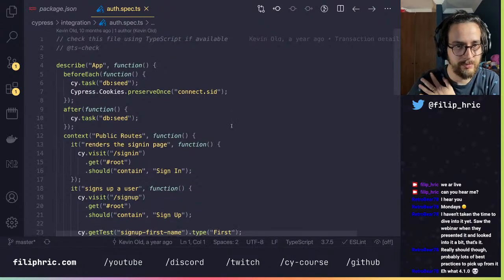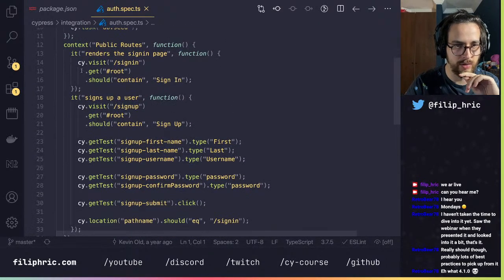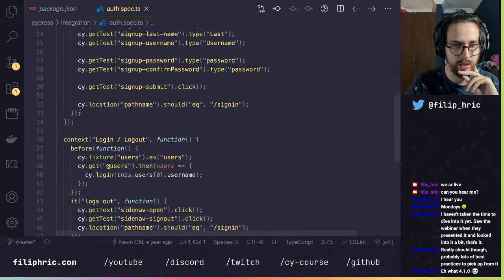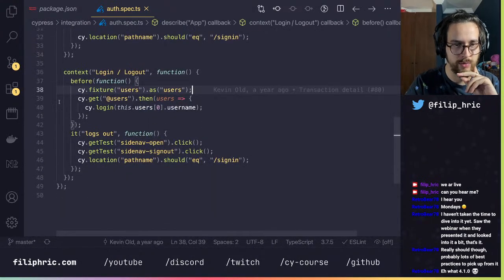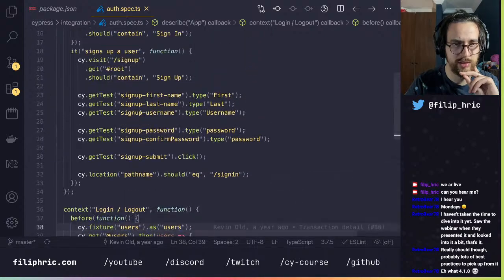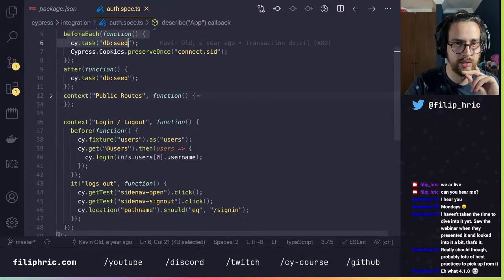So the auth spec, public routes, sign up a user, and we are looking into the login logout. Okay, so we have a fixture. Before that, we get users. All right. And where's that seed? Oh, it's actually before each. It's here, db seed.